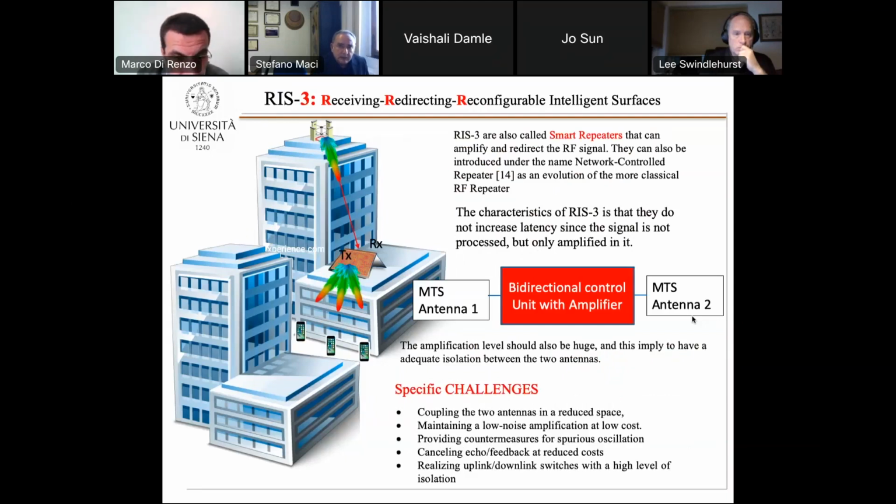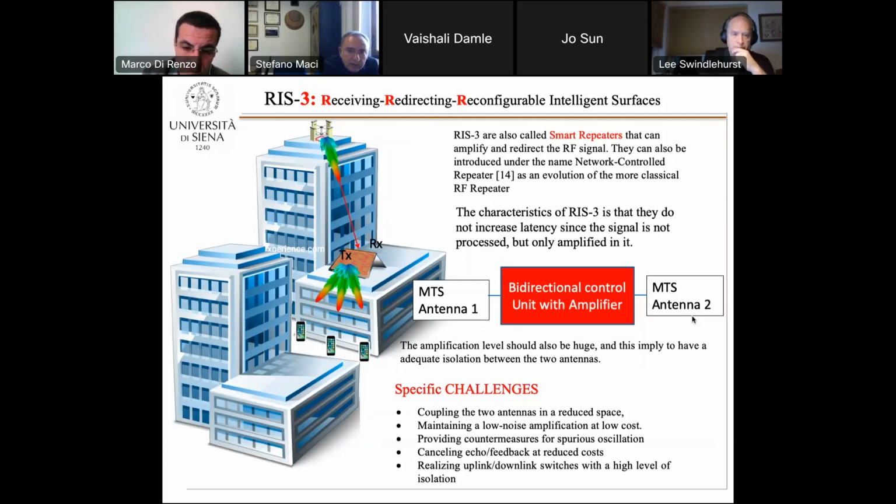RIS3 is a little bit higher level of complexity. They are also called smart repeaters, and this is the one that has been discussed by Marco before. They can amplify and redirect the RF signal. So they amplify and redirect. There is an amplification inside, so they are a little bit more complex structure that can be realized even with other types of antenna, not only with metasurface, obviously, even if metasurface can guarantee more compactness of the antenna and